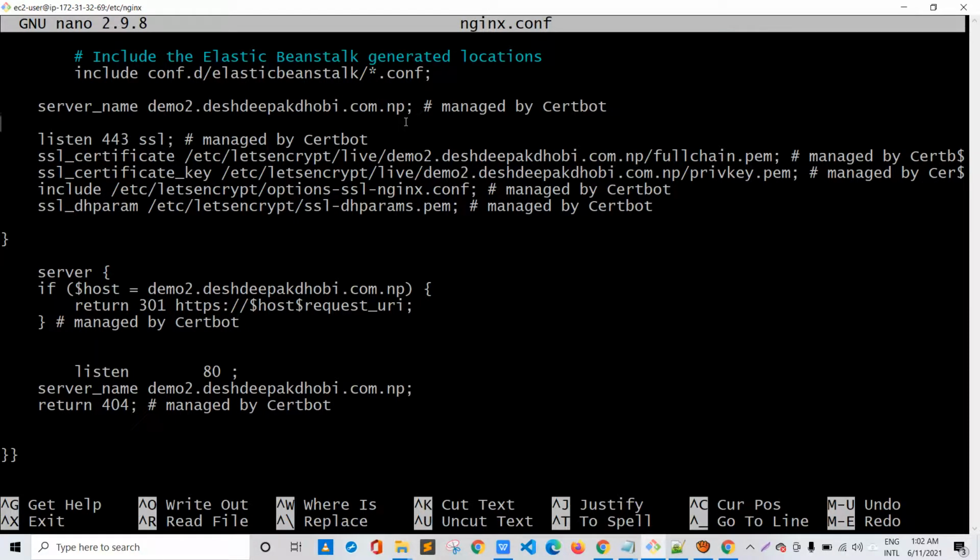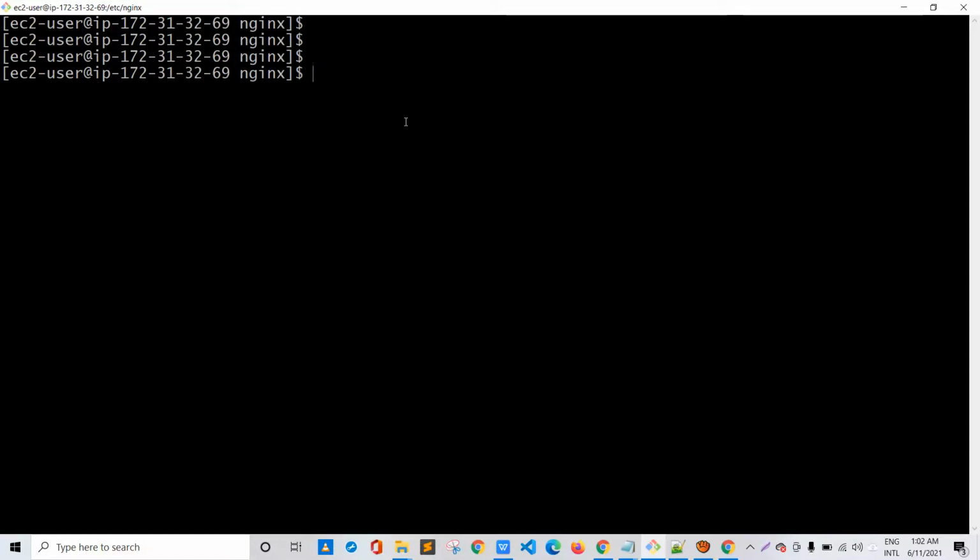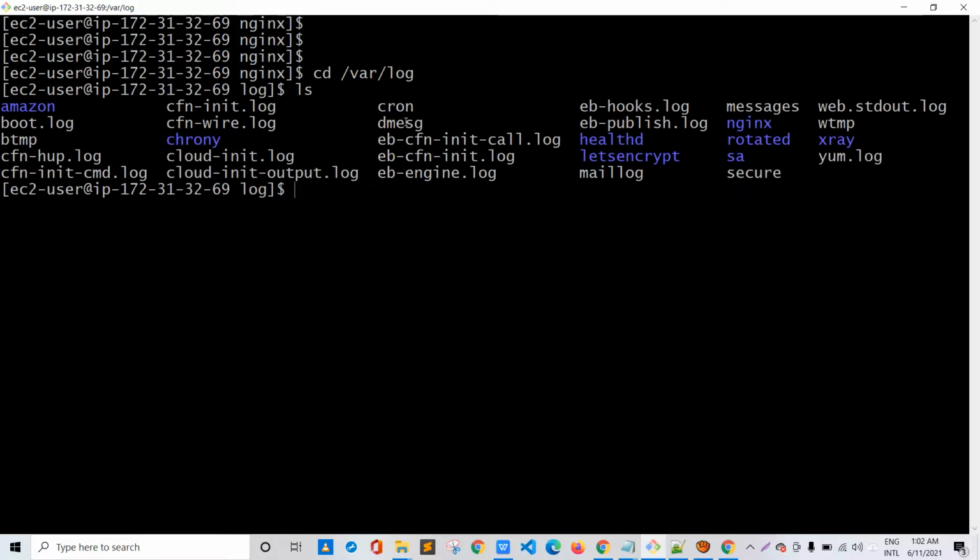So I'll cancel it. I'll clear my screen, and let's go to the logs. cd /var/log, ls it, and you guys find specific logs. But here are a few logs that are specific and very important in case you fall into any sort of errors during the deployment phase. So the first one is